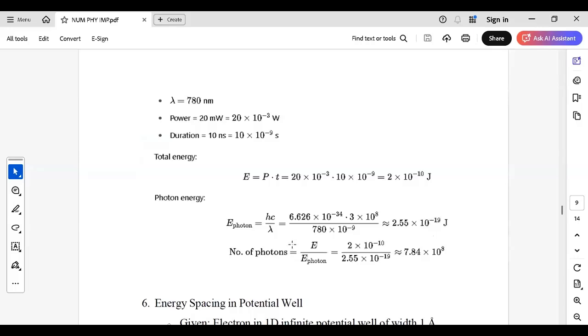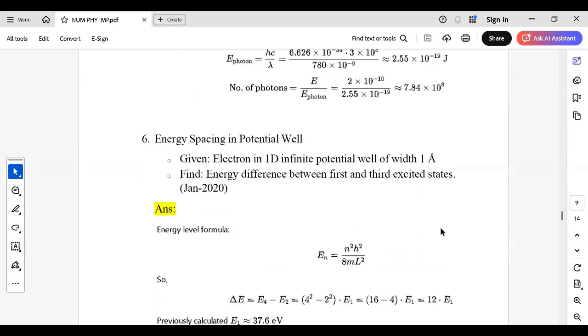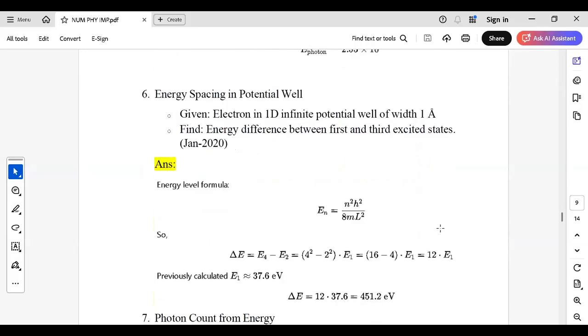The number of photons. So when you're calculating the number of photons, you have to divide the total energy by the energy of a single photon. So you get number of photons as 7.84 into 10 to the power 8. So these many photons are present. Right. Moving on to the next question, you know that energy of a potential well, we have already discussed,